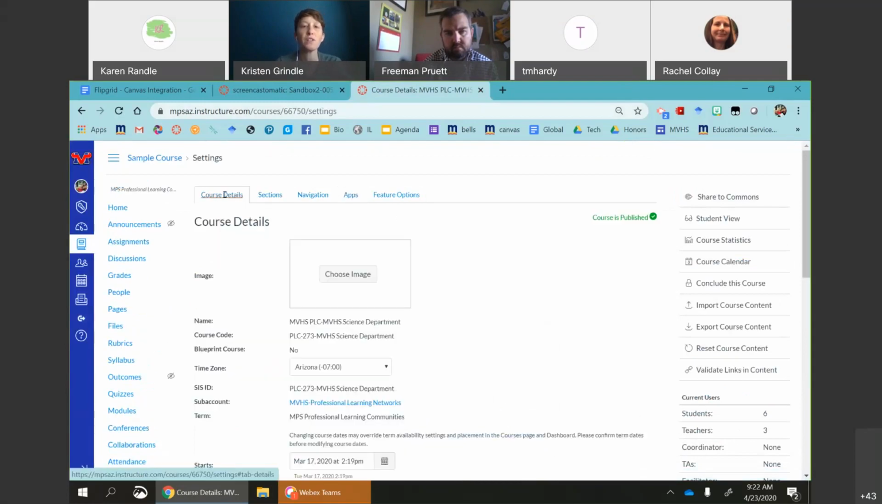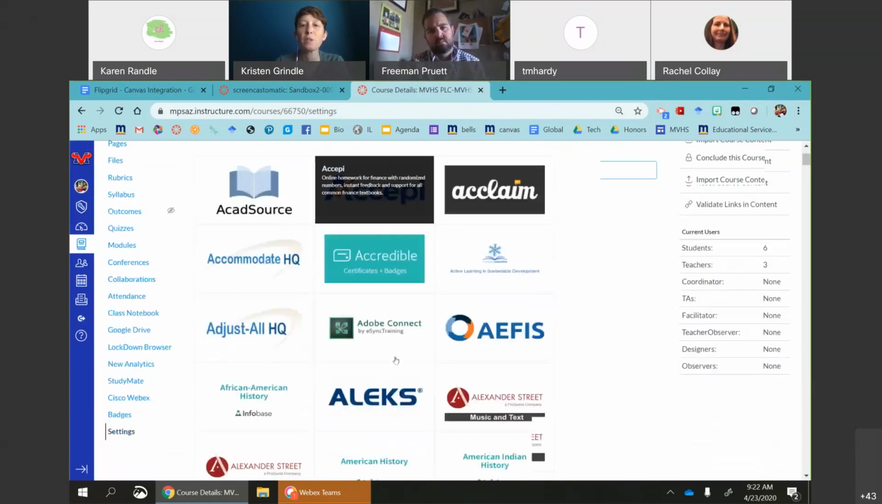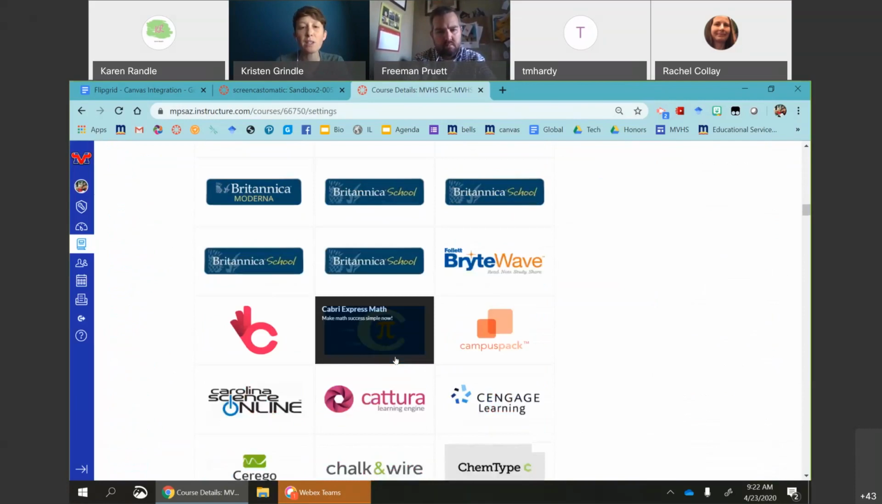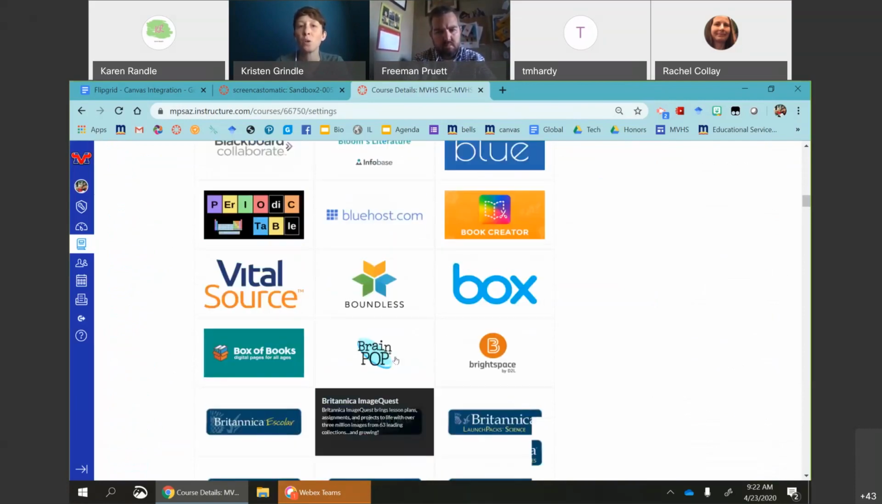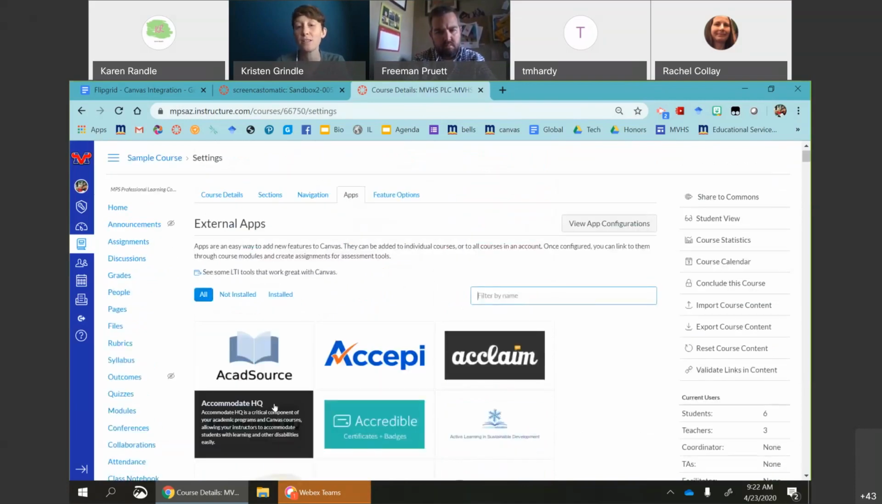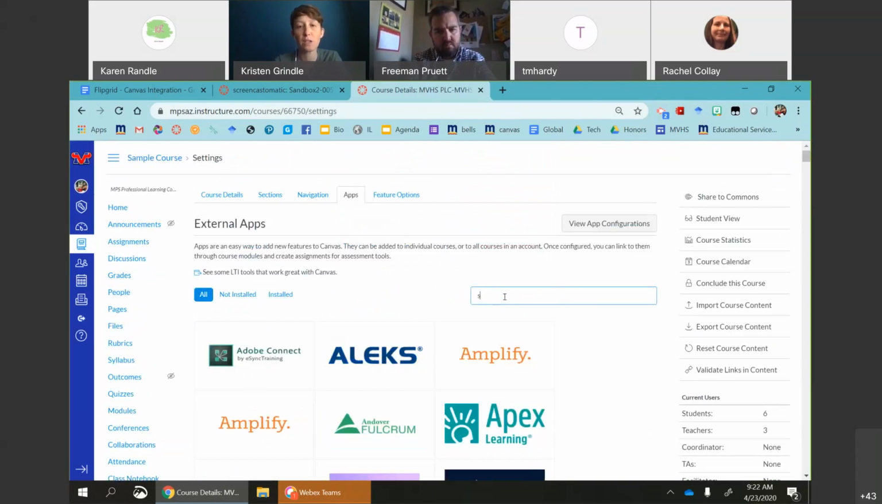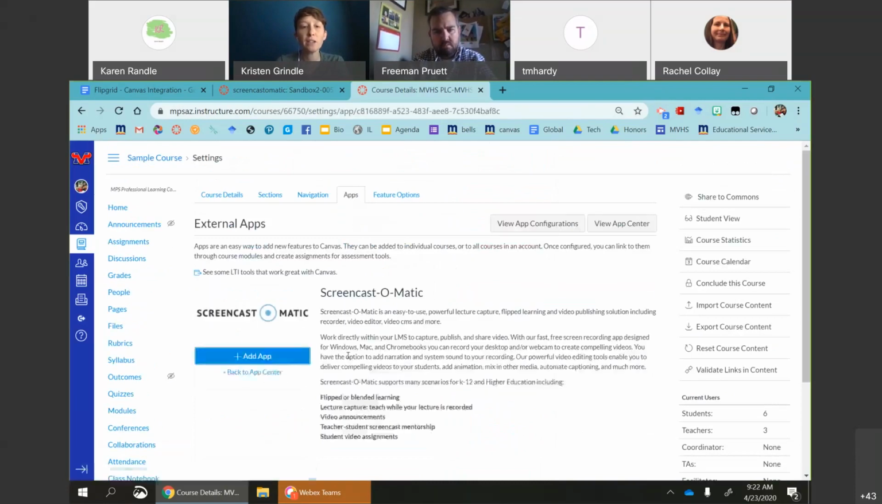So usually it defaults to whichever one you were in last, or it'll go to just course details. So if I click on apps, then it's going to show all the different apps that you can download into Canvas. Now I do want to warn you that some of these you need to have paid subscriptions to. So just because it's here doesn't necessarily mean it'll work, but you can download them there. So for Screencast-O-Matic specifically, all I would do is find it, click on it, and then